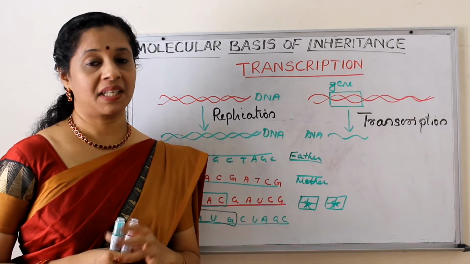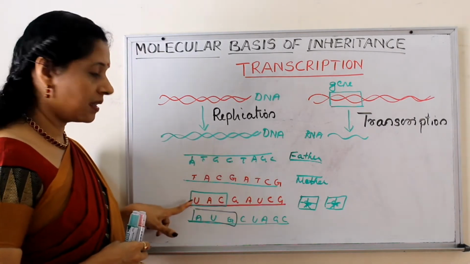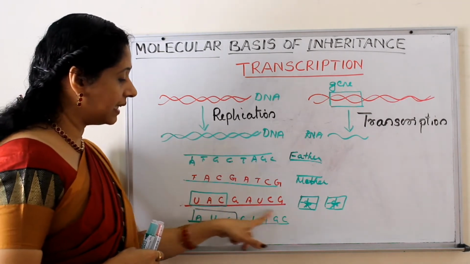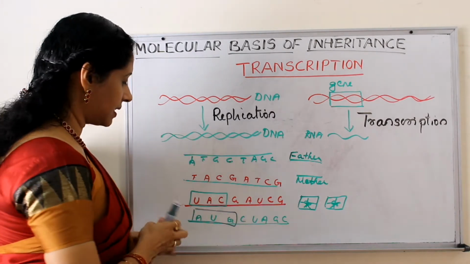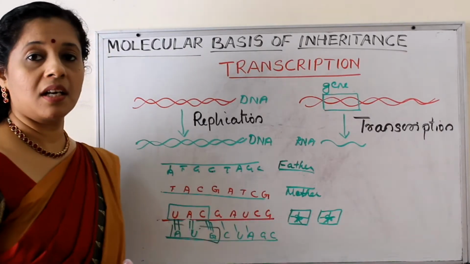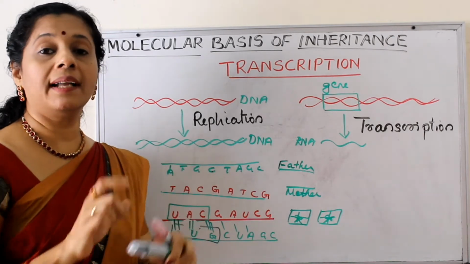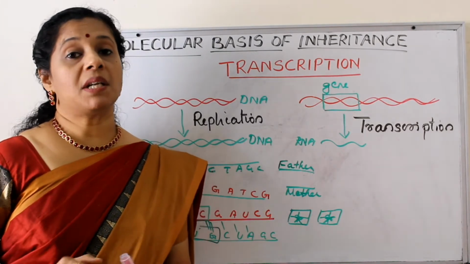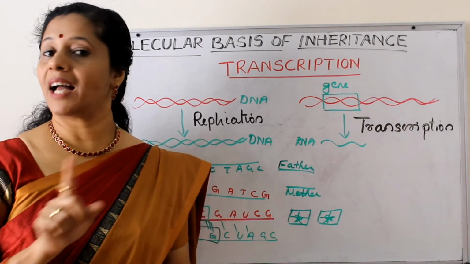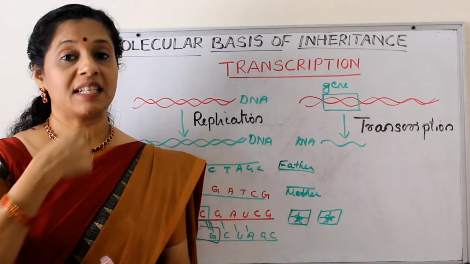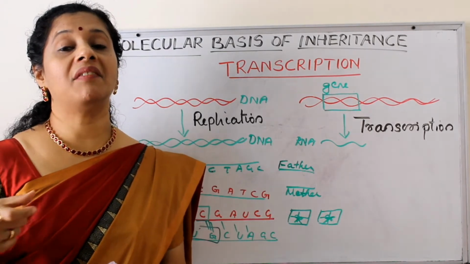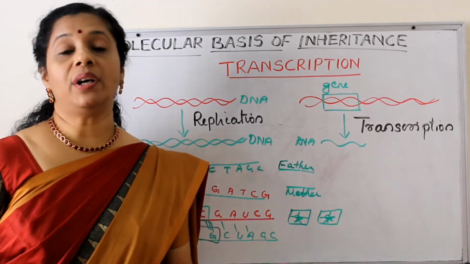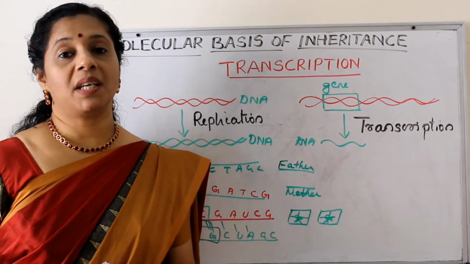That is one reason. Another reason, RNA formed from this strand, and from this also formed. But now look at their sequences. They are complementary. See, so these are all complementary strands. So what happens? They may go and base pair. As a result, a double-stranded RNA will form. From a double-stranded RNA, can protein be made? Absolutely not. So in spite of doing all this work, finally everything is becoming in vain because the RNA is pairing. So to avoid these confusions, both the strands are not being copied.